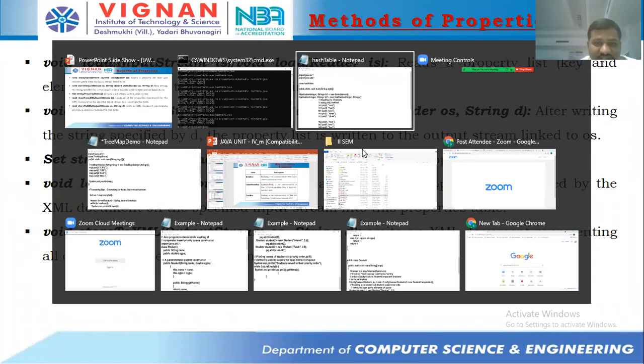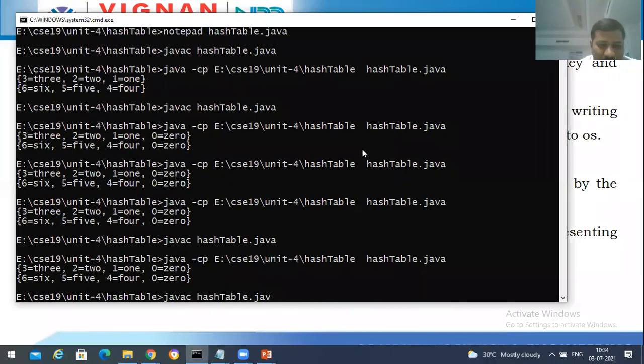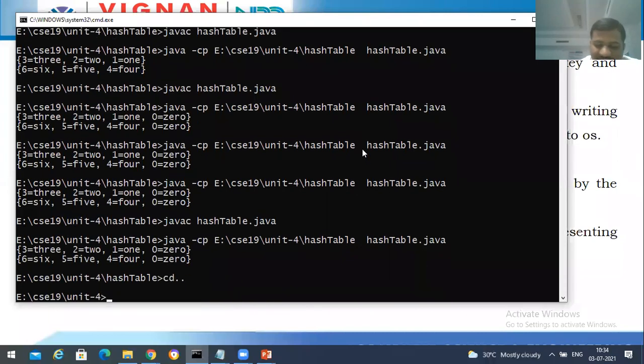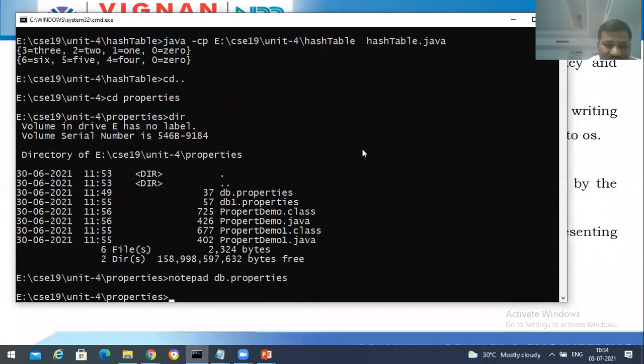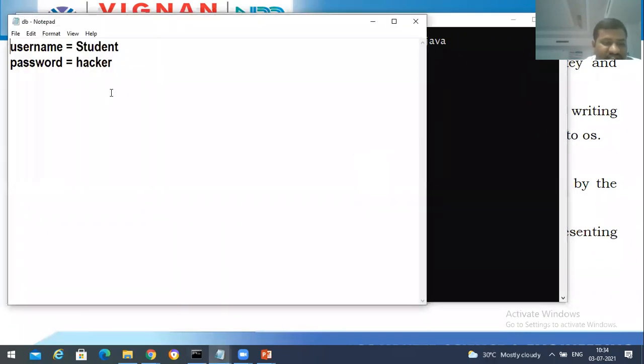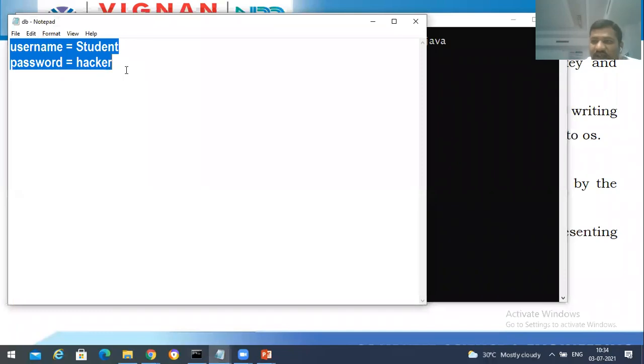Now let's see one simple example with respect to Properties. Try to remember that Properties is used to get the data and to set the data from the properties file. So let us consider that we have a properties file here. I'm going to open it first, and we have the db.properties file, and this file contains key-values.